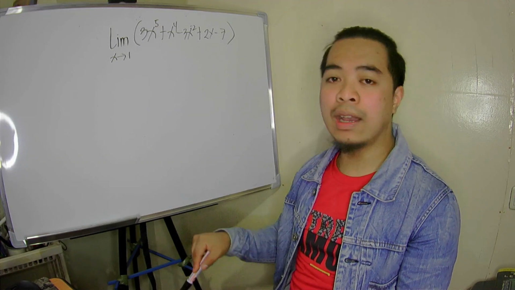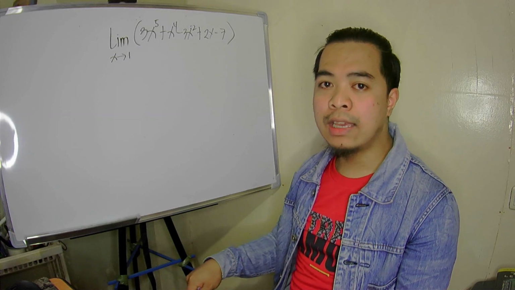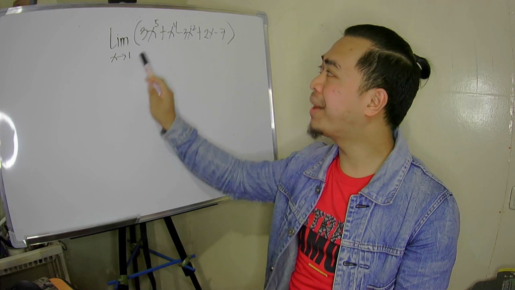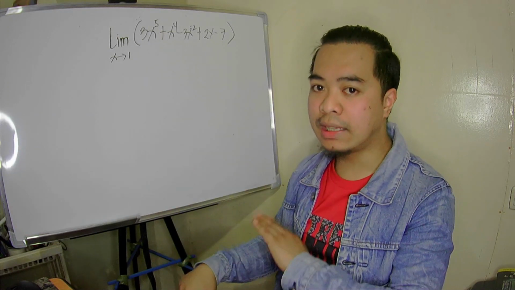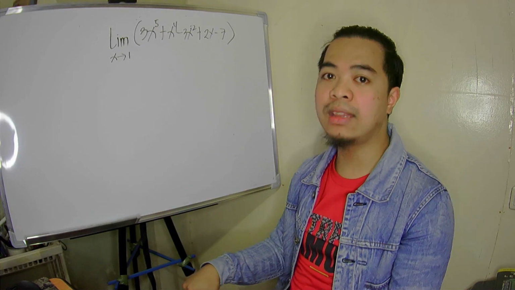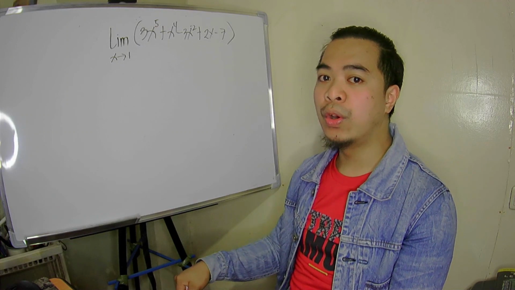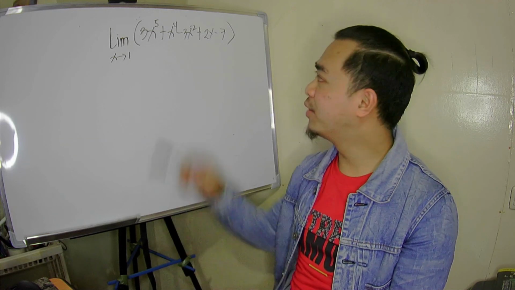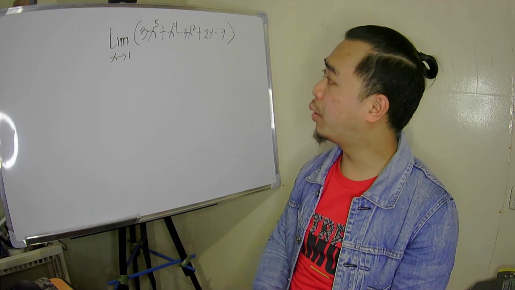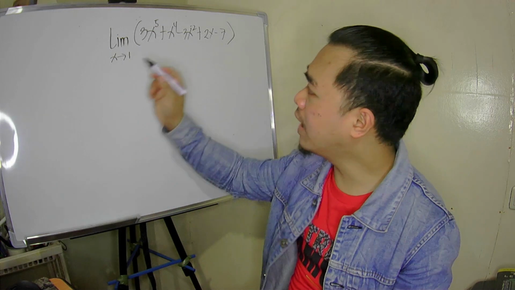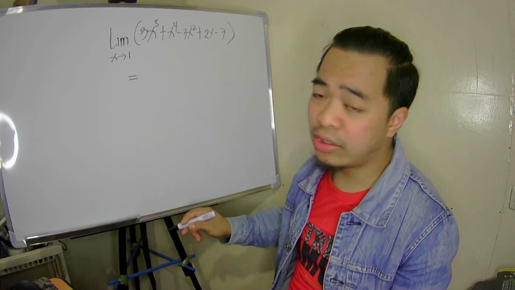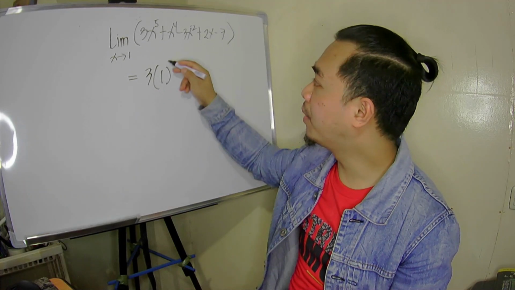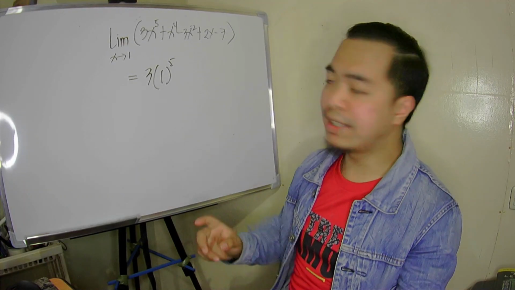Ang una mong gagawin to evaluate a limit is to substitute that value of a. Pag sinubstitute mo dyan at hindi undefined or hindi indeterminate, meron talaga siyang value. Normally, most probably, yun yung sagot. So that is actually applicable for our polynomial function. So anong gagawin natin dito? Hindi ko siya lalagyan ng equal sign, tapos sasabihin kong substitution. I can do that in a separate space.